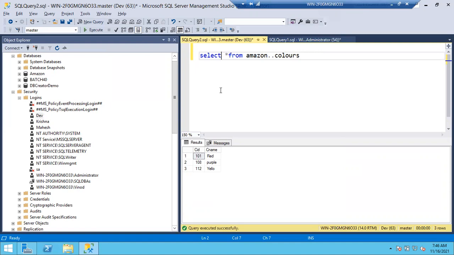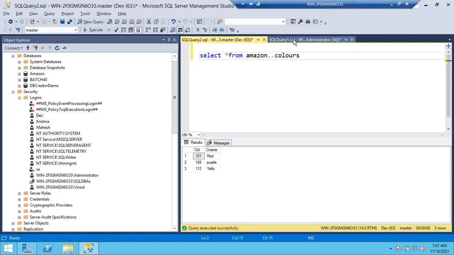Any issues, any doubts? Please. No, sir. How many types of schemas are there, sir? See, it's not like types of schemas. Default schemas will come automatically. If you want, you can create manual schemas also. Whatever you want, you can create the schemas with your name. Create schema name is the script for creating the schemas. Usually we have default schemas and customized schemas. Okay, right. Fine.